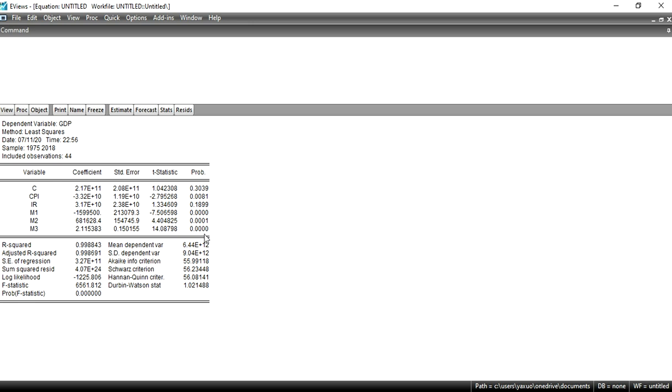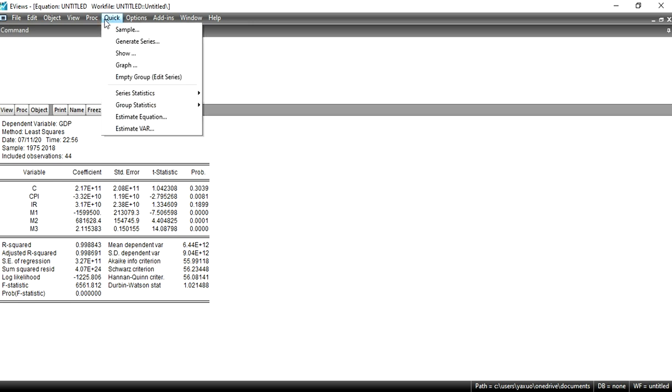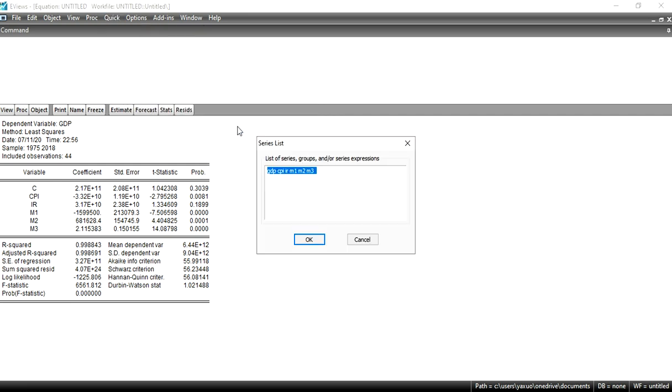So how can we check the problem of multicollinearity? By applying a test. For this you have to go to Quick, then Group Statistics, then Correlation Matrix.